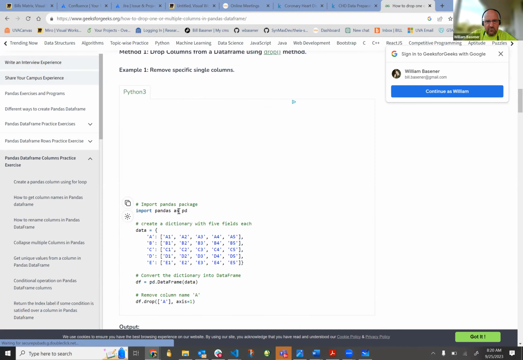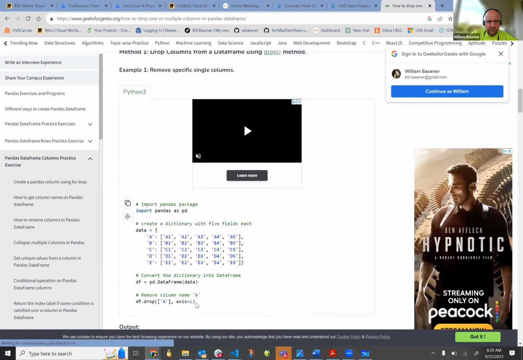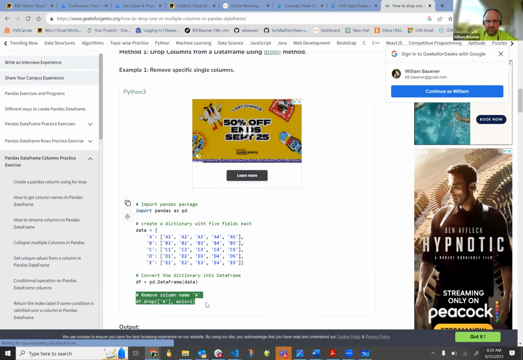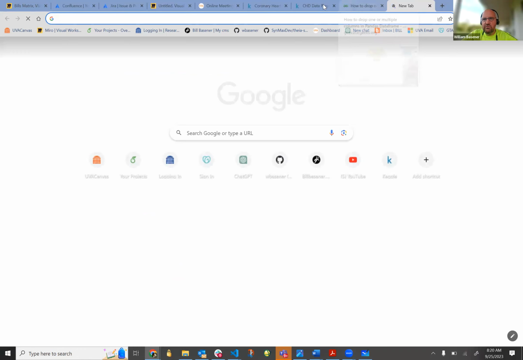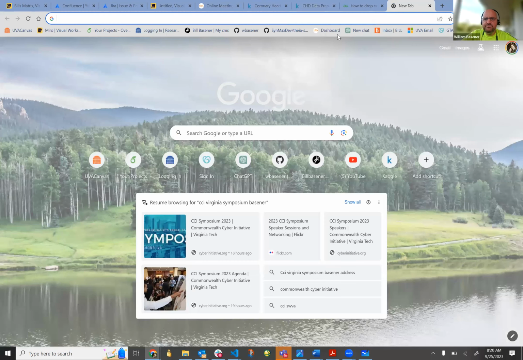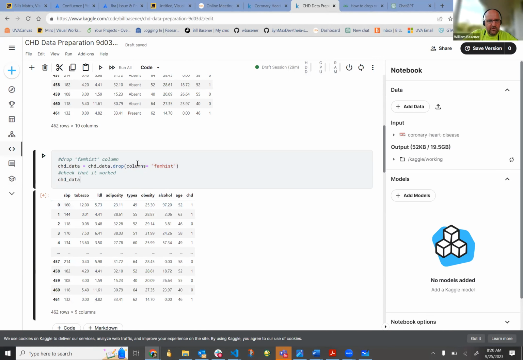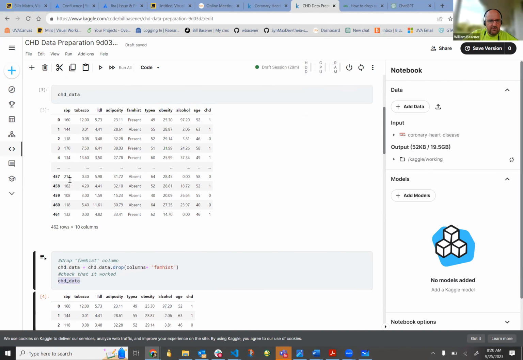So I go through here a lot and ask, how do you drop it? There are examples, and a little more detail, of just one example. It tells you something about how to call the axis. You could also use ChatGPT and type in, how do I drop a column? Okay, so after I drop that, I do coronary heart disease, CHD data, like I did here, and you'll notice